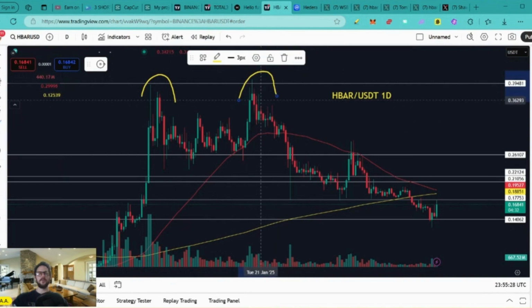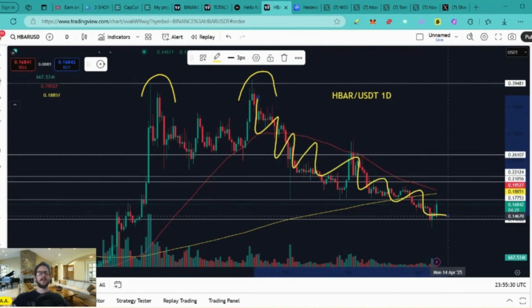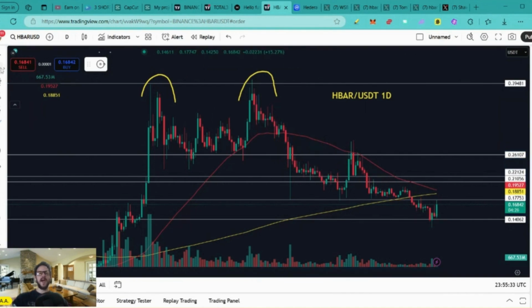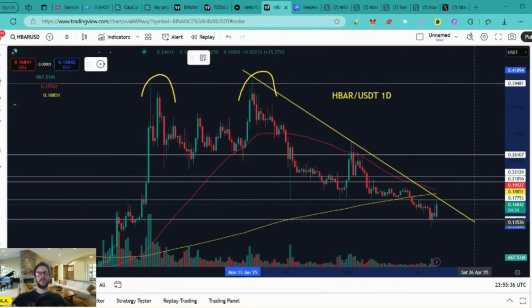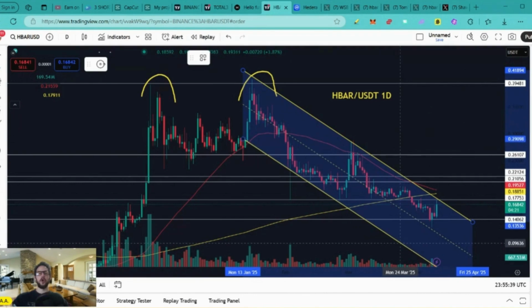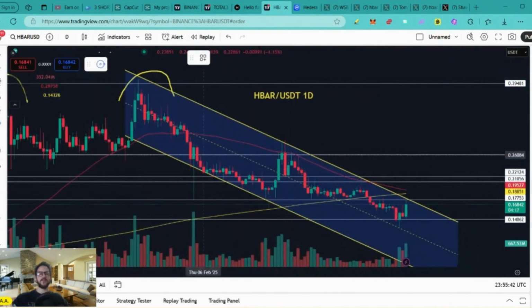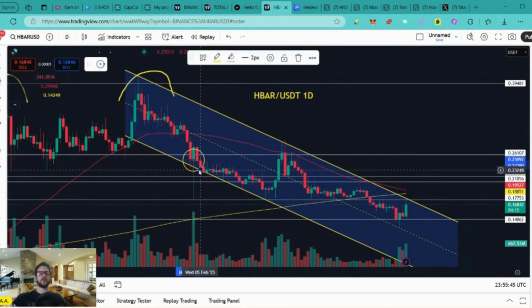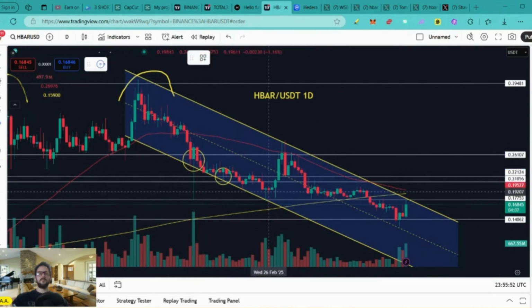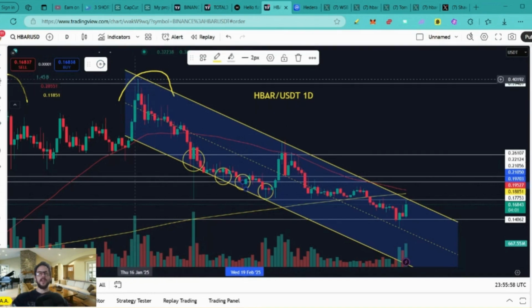Traders and investors took profits, and the price action pulled back, started downtrending, moving inside this descending channel that I have here on the chart. We have this lower descending yellow trend line that has been acting as support. As you see, we had a bounce here with a huge fake out, another bounce here, another bounce, a valid support trend line. And also we have this upper descending yellow trend line that has been acting as resistance.